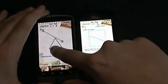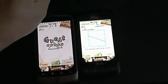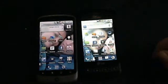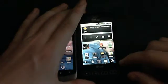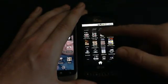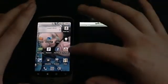And over here, you can tell it is a little bit faster, but certainly not a big deal. Like I said, this is overclocked. This one is still at stock due to kernel limitations. But as far as a general basic idea of what this phone can do versus what my Nexus One can do, of course, after you